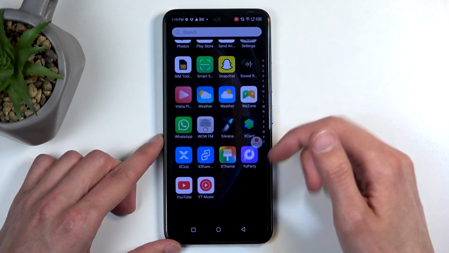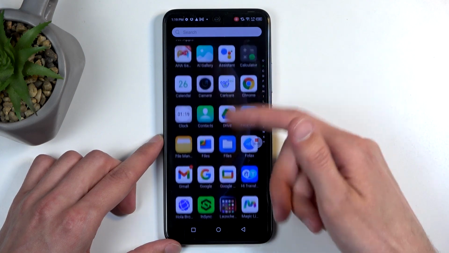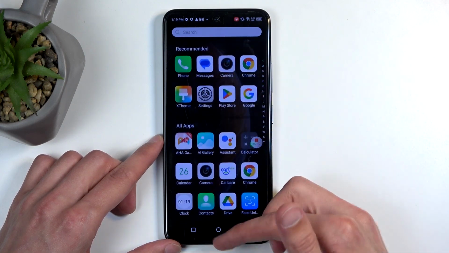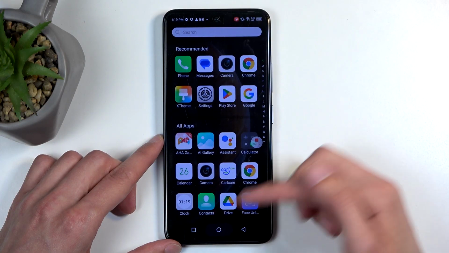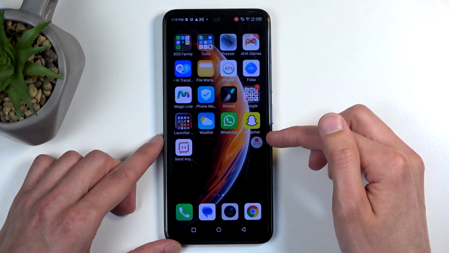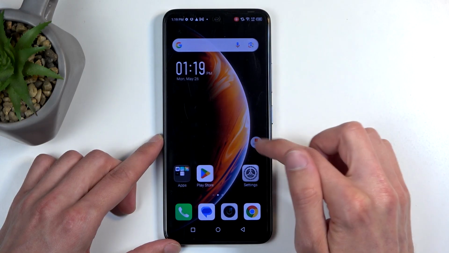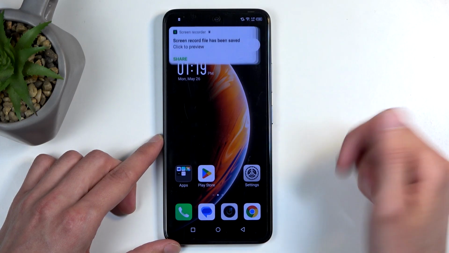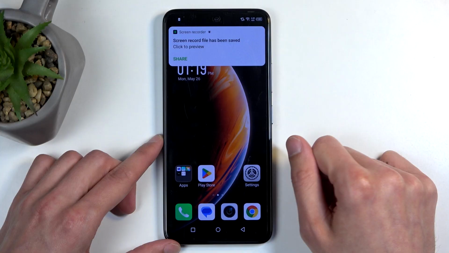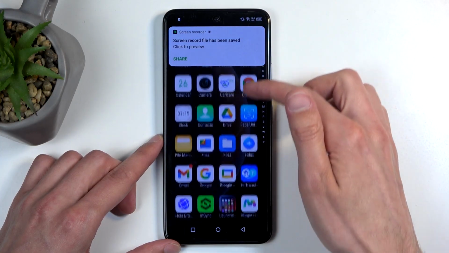You can also open up most applications. Some of them will be blocked by the application, so screen recorder won't be able to pick up anything, but that's just a handful of apps. Now once you're done recording, you can interact with this overlay. Just click on it and this automatically saves the screen recording to your Photos application, which I will open up